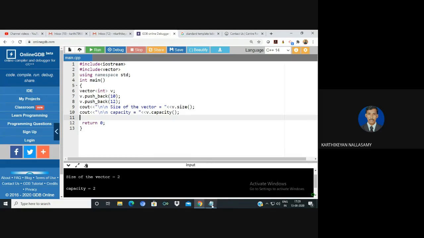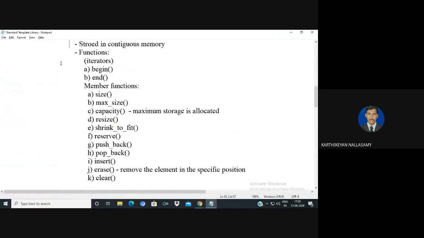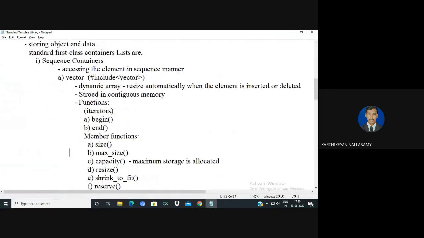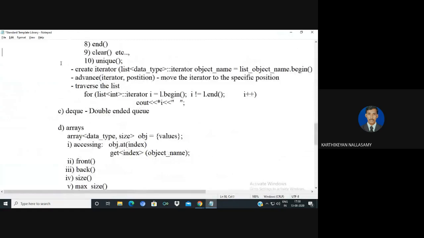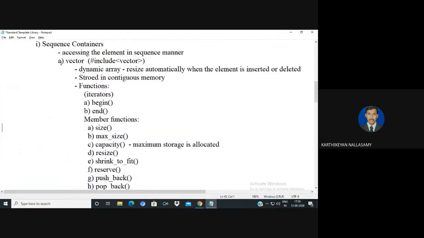Now, if you want to access any value from these standard containers, we have to use the concept of iterators. By using iterators only we are able to access elements like an index.